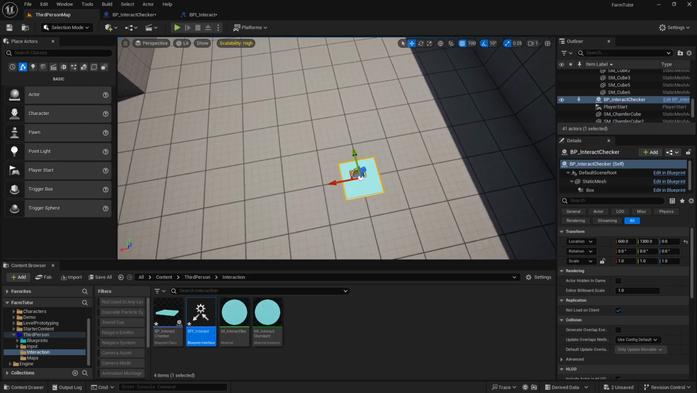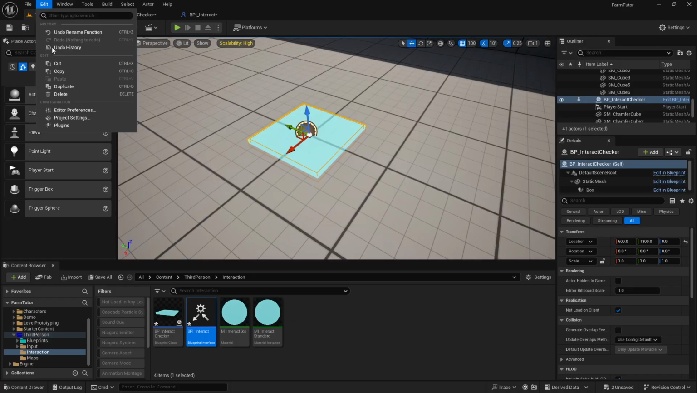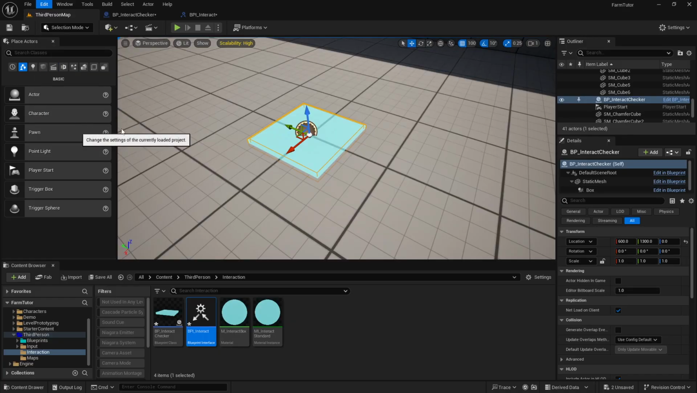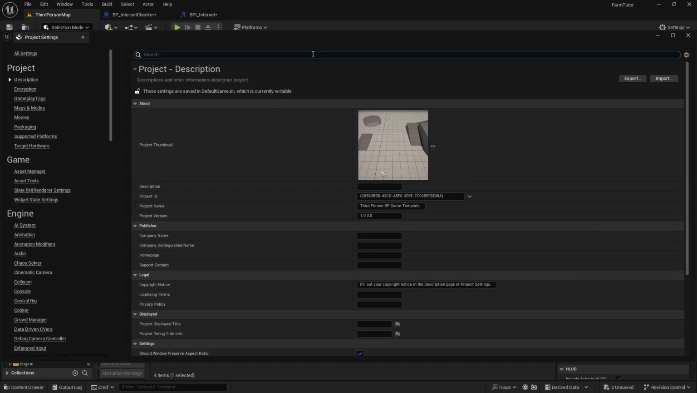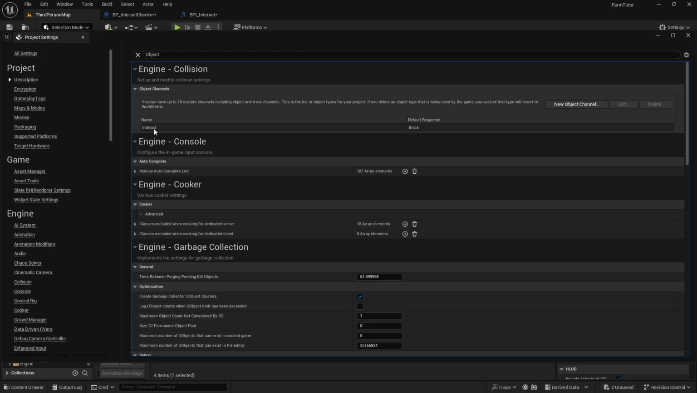Now we need an actual actor to interact with, and we need to tell this what kind of things we want it to interact with. So if we go to edit and project settings, we're going to establish an object type because I only want it to interact with certain things. If we type in object into the search bar, we can set an object channel. You can have up to 18 custom of these, so you want to make sure you're using them well. We'll just set a new one and call it interact, and then anything we want to interact, we'll just set it as this object type